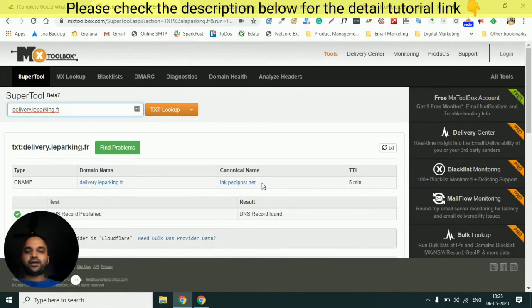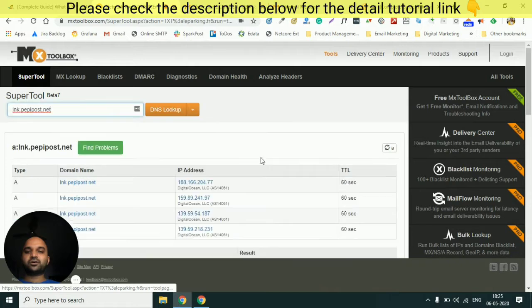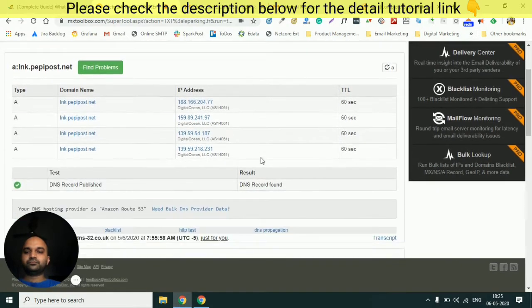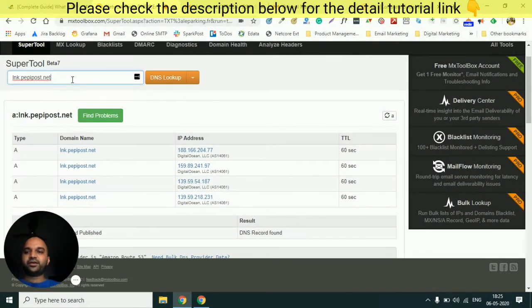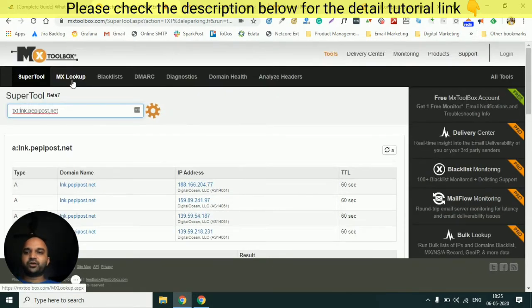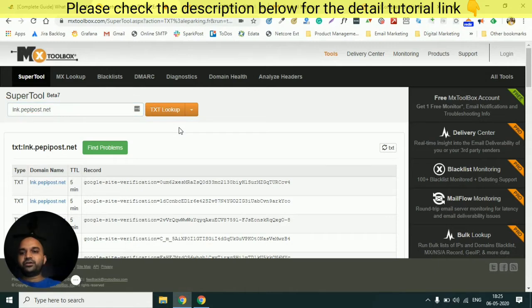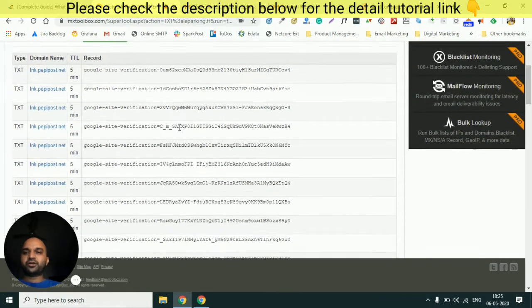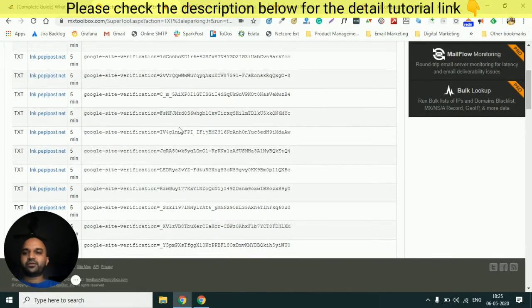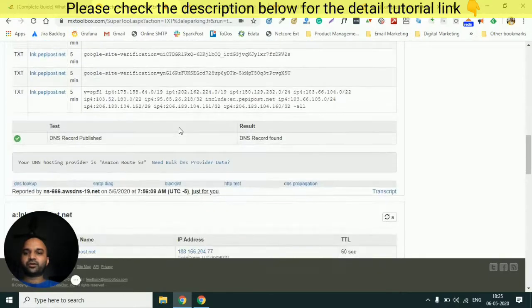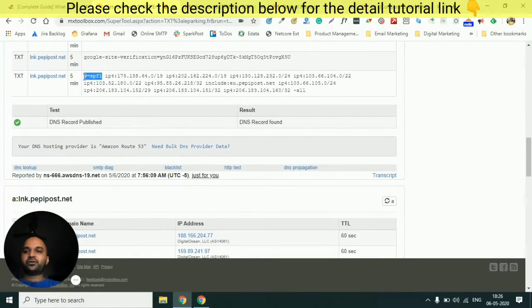Now if I try to see what's inside this lnk.peppypost.net, just click on this. You will see the list of IPs here. Let's see what is the TXT record of this lnk.peppypost.net. Here you can see this is the email service provider, Peppypost. It has a lot of records, and there is one SPF record in that particular domain, where you can see a lot of IP addresses are included, and peppypost.net is also included.